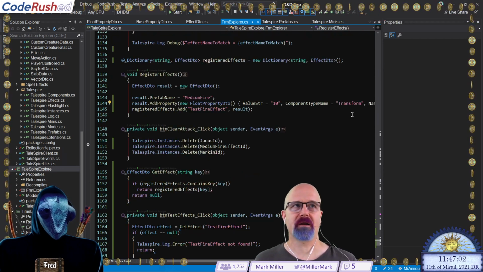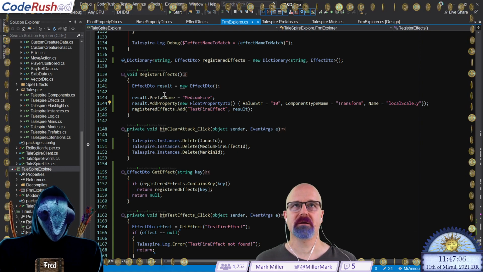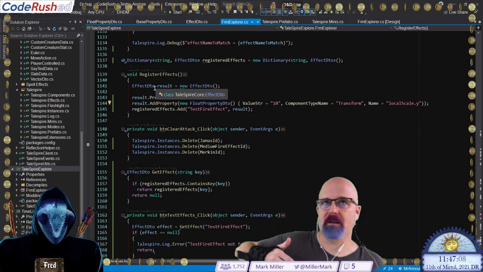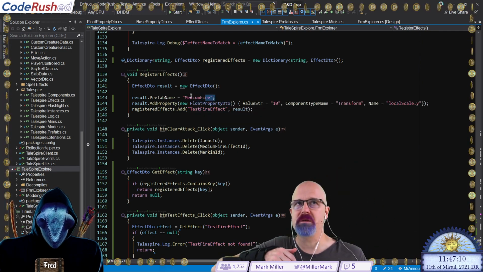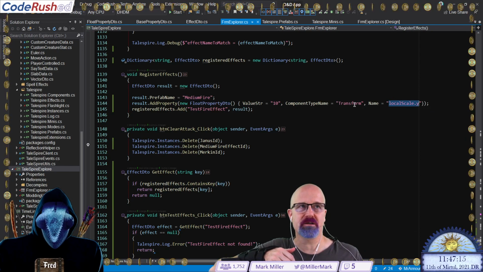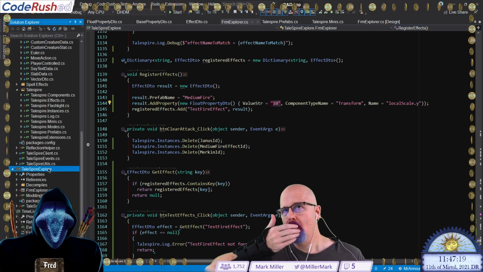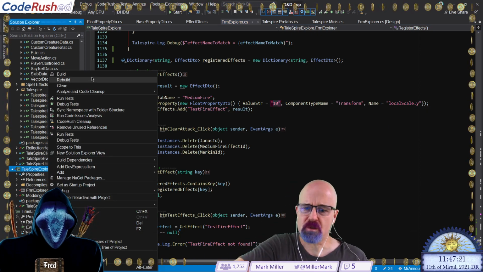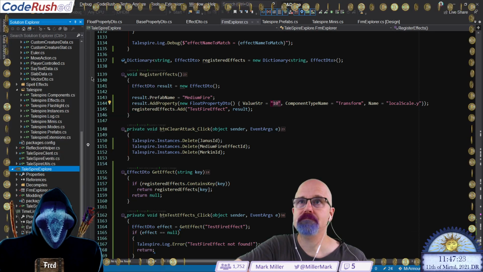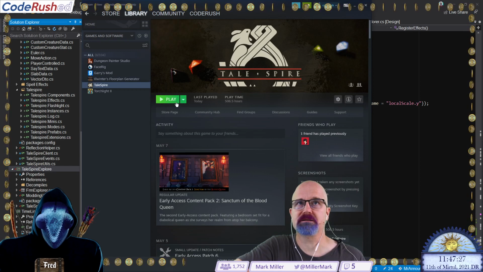So we've got some code here that just creates a very simple spell effect. It's going to bring up the medium fire. It's going to try to take its local scale on its transform property and change its value to 10. Let's rebuild that. Ready to start TaleSpire. Looks like that succeeded.